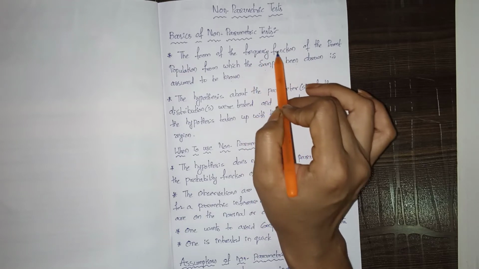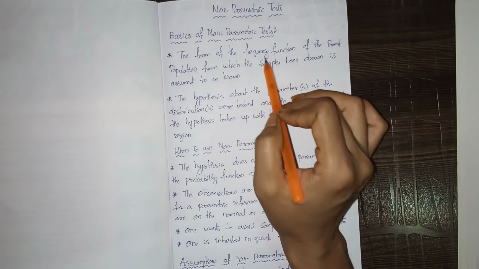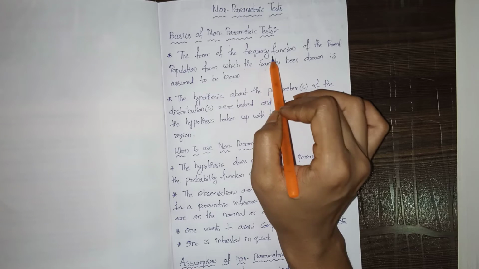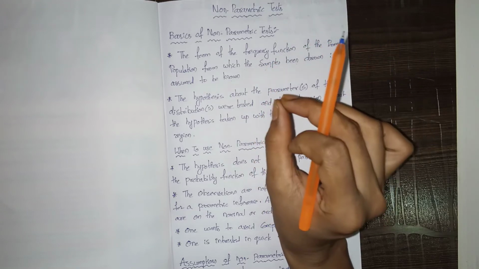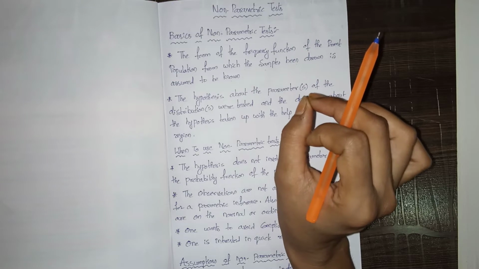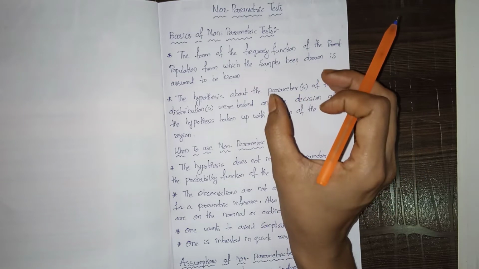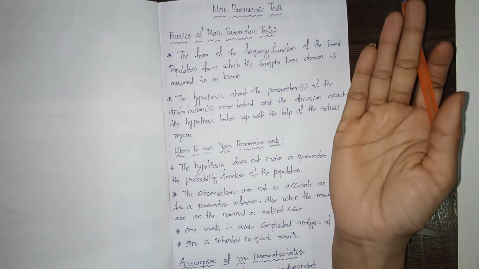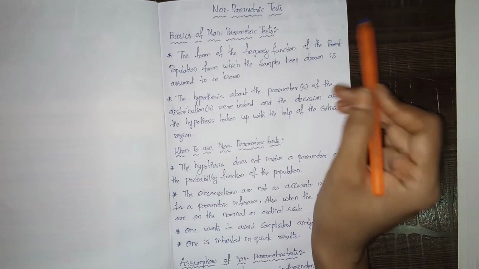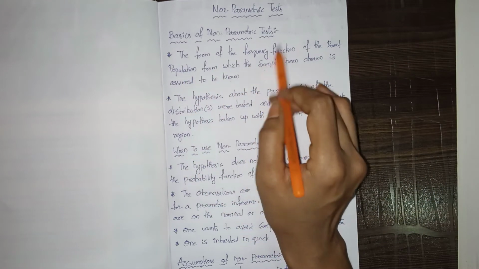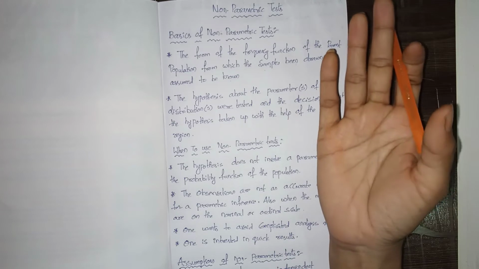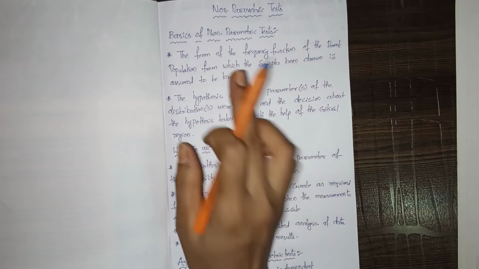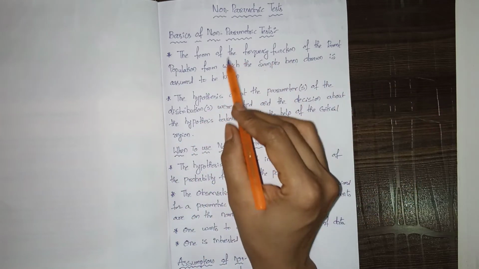For example, to explain what a frequency function is in detail, if we conduct a test for students, the marks range will be from 0 to 25. The test is for 25, which means the students will get between 0 and 25 only. They won't cross the range. Like that, for a population also there will be one range, and it won't cross that range. So we select such populations and collect samples from them. That is the first point.